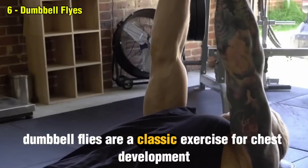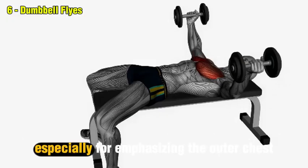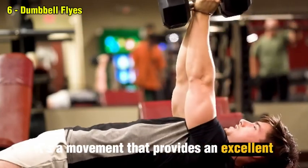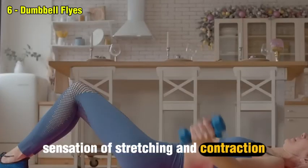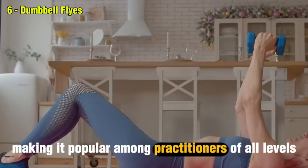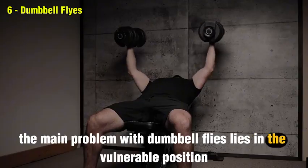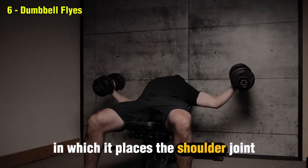Dumbbell flies are a classic exercise for chest development, especially for emphasizing the outer chest. It's a movement that provides an excellent sensation of stretching and contraction, making it popular among practitioners of all levels. The main problem with dumbbell flies lies in the vulnerable position in which it places the shoulder joint during the